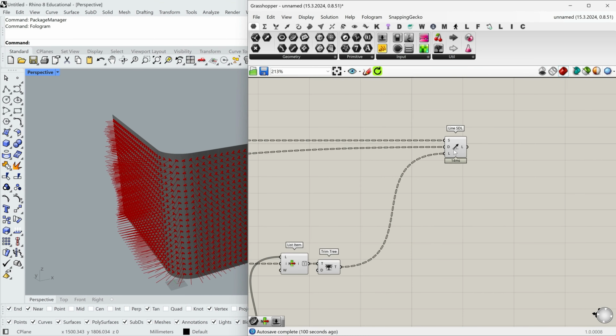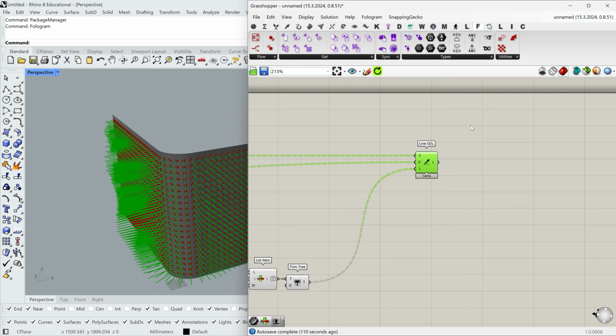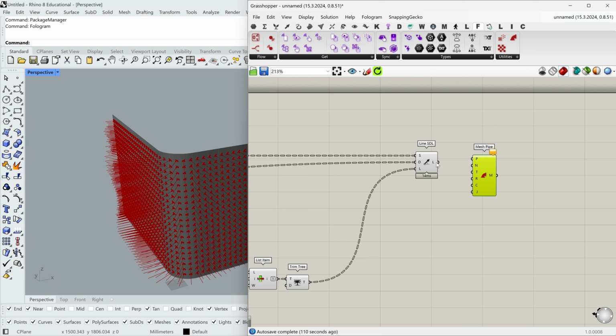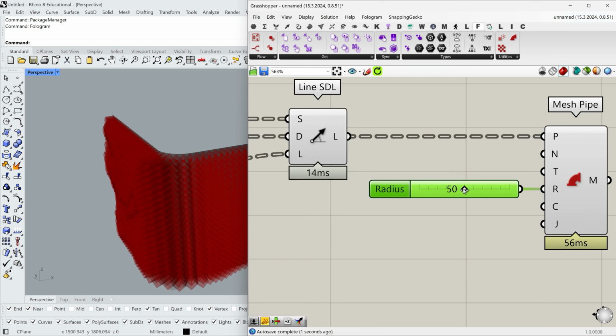Okay, now let's go to the Follogram tab and we will select a very useful component which is called Mesh Pipe. Mesh Pipe will give volume to our rods. So we connect the lines and we connect the radius. Let's say 50. No, 50 is too much.